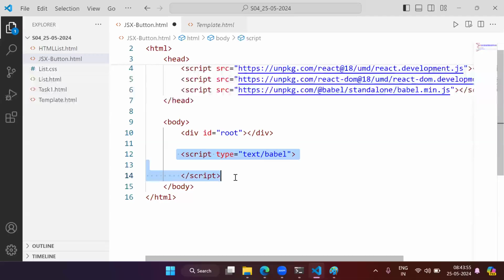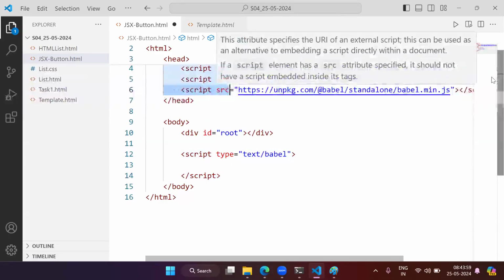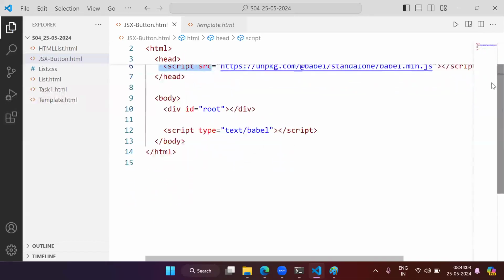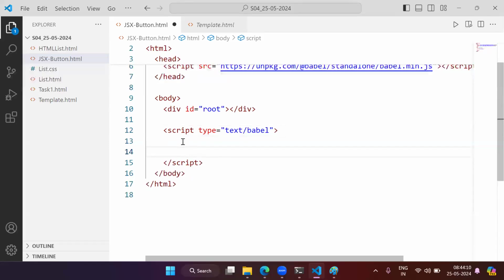So to this script tag, we have to add this attribute, and that script tag we have to paste here. That's it. Now, once you have done this much configuration, now inside this script tag, I want to create one h2. Now this time I want to create h2 using JSX element. How to create means simply create one variable with whatever name you want. I am just saying here container